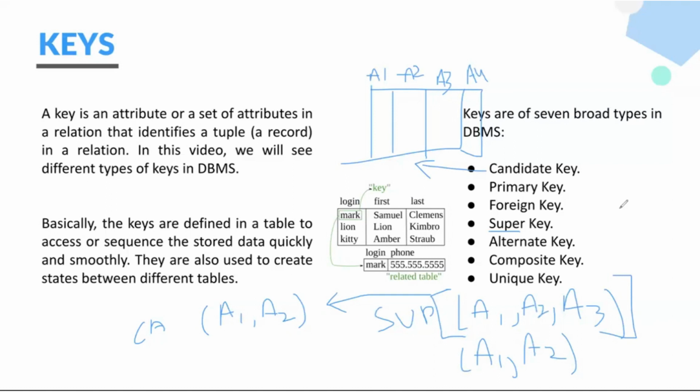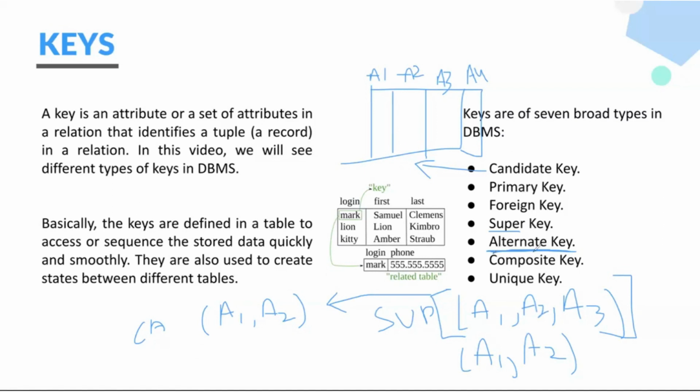Now, next is alternate key. So if this comes in front of you in an interview, and they ask, can you tell me what is a super key? You can straight away say that it's a superset of the candidate key. Then most likely the interviewer is going to ask you, what is a candidate key? Please explain that. And you know the definition of a candidate key. The definition of a super key is very straightforward. It's a superset of the candidate key. And what's a candidate key? The smallest set of one or more attributes which is defining tuples uniquely.